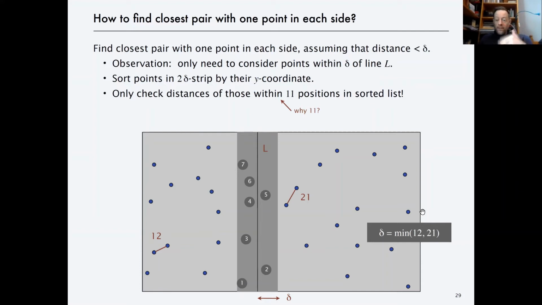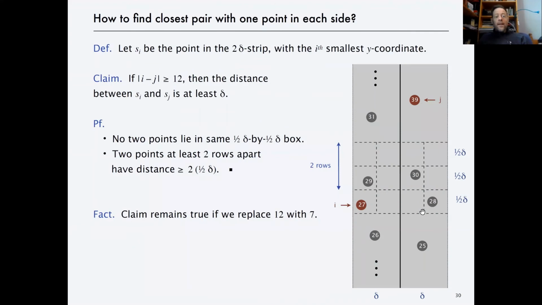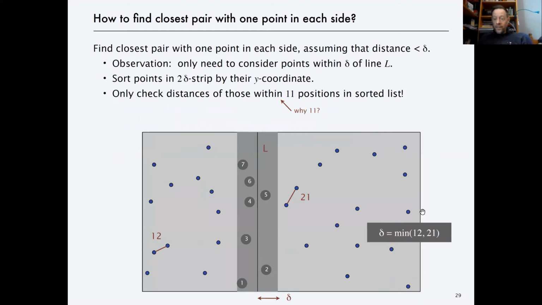So we basically sort these points in this strip based on their y coordinates. So then we get this sequence that we see below, and then we actually only need to check a small subset of this list, and you can think about why that is the case. So basically, we then need to just check for each of these pairs what is the shortest, because